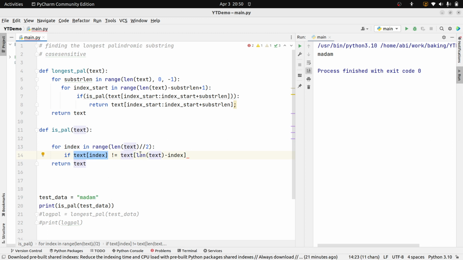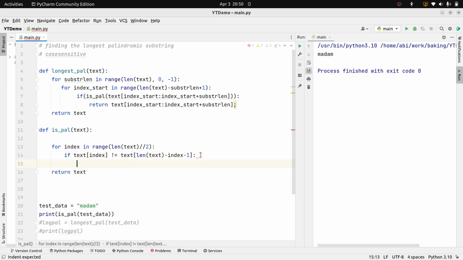So what we are doing is taking the length of the text. Here, 5 minus the index, which is 0 for the first iteration, so it will return 5. Actually this is not a 5, it is a 4. Index is starting from 0: 0, 1, 2, 3, 4. So we need to add -1 also here. If that is not matching, return